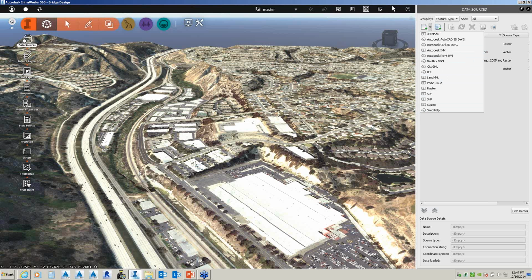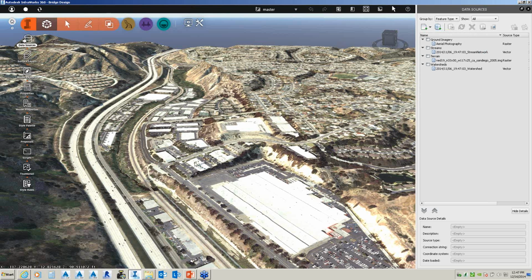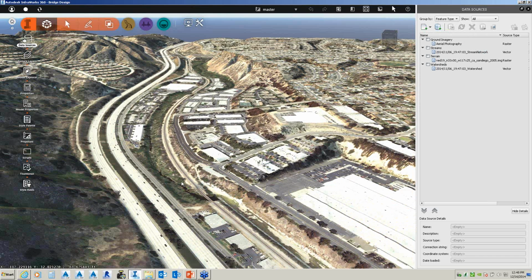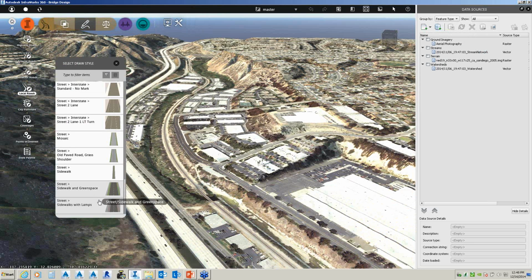Sorry about that. One of the things we want to take a look at is how I can create a road that continues from this intersection, comes up the right-of-way, and goes across the highway. Something really simple. Under my road design for roadways, I'm just going to create a design road. Something pretty straightforward.